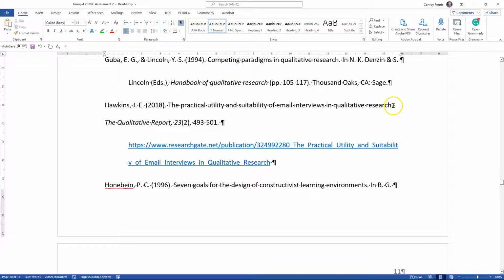So you see that little middle dot over there means there's now one space after the full stop, the qualitative report and so on. So I'm now going to take the next paragraph break out as well, which is after the page numbers and the full stop there. So I'll take this out,